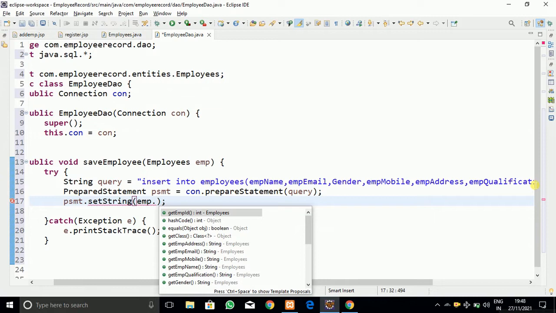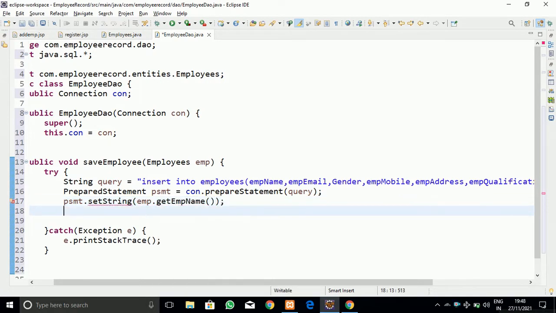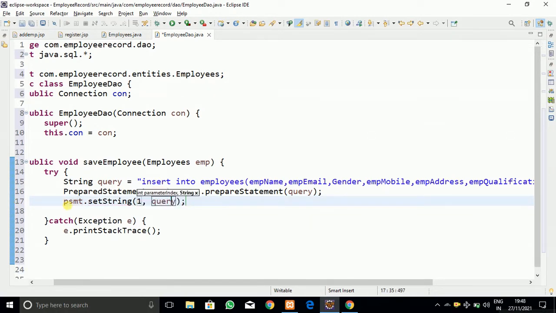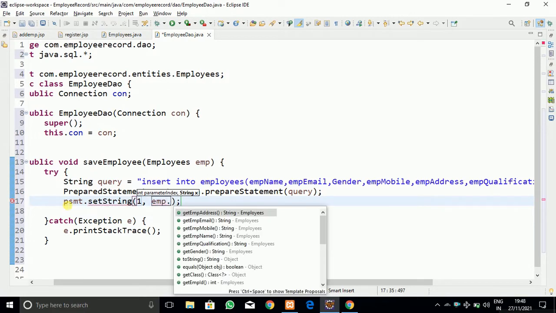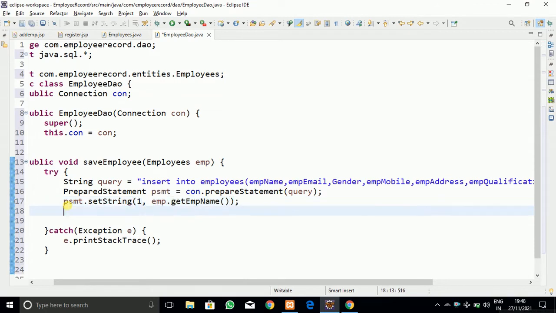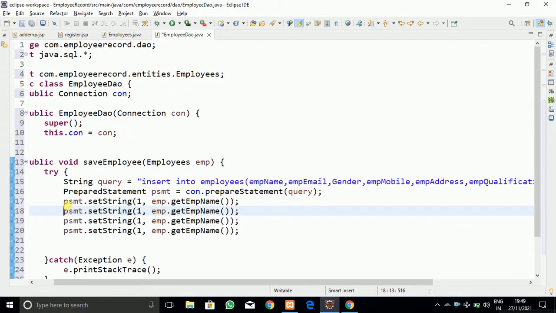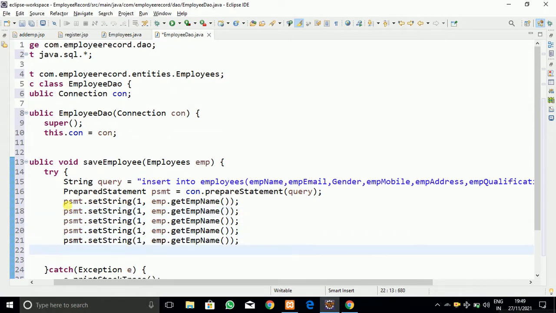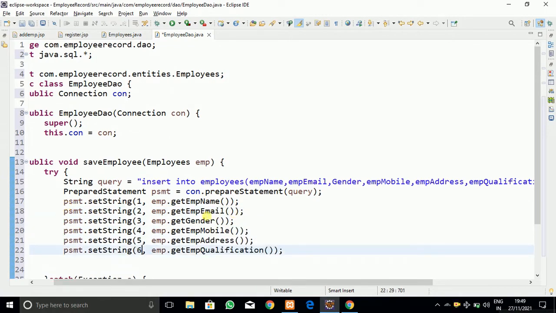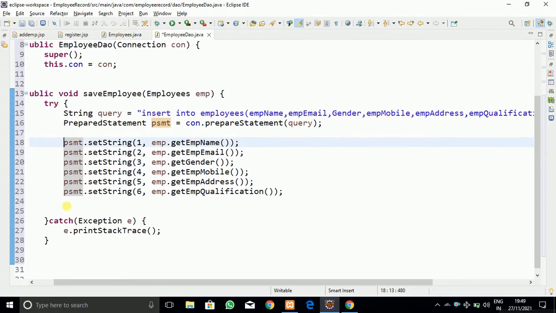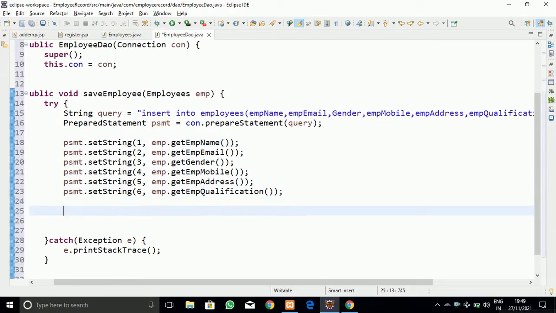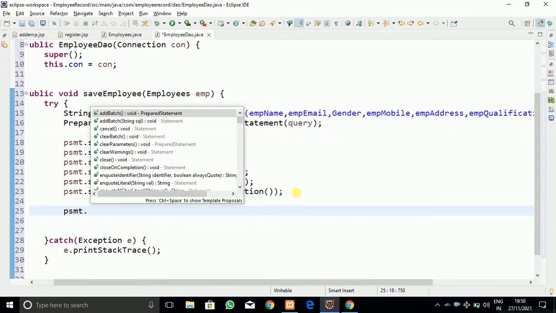I am going to set the value of the employee name, which I extracted from the employee object, which is the parameter to our method, the save employee method. In a similar way I am going to do it for all six placeholders.